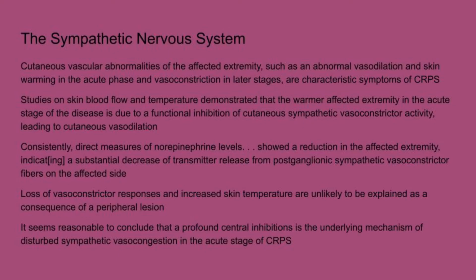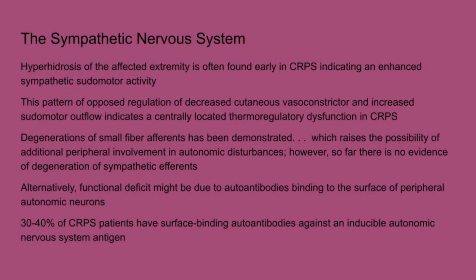It seems reasonable to conclude that a profound central inhibition is the underlying mechanism of the disturbed sympathetic vasocongestion in the acute stage of CRPS. Excessive sweating of the affected extremity is often found in early CRPS, indicating an enhanced sympathetic sweat gland activity. This pattern of opposed regulation of decreased skin level vasoconstriction and increased sweat outflow indicates a centrally located thermoregulatory dysfunction